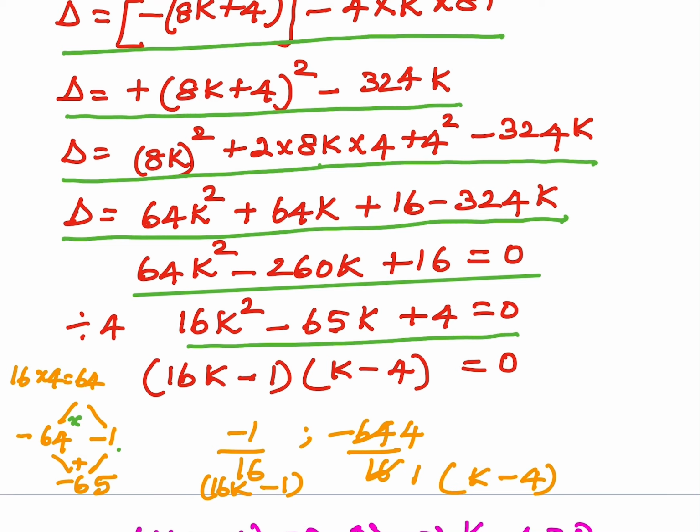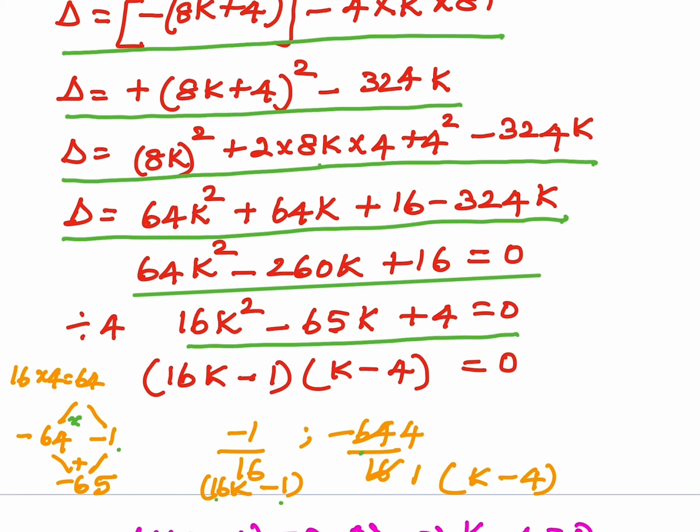And here again, the next factor is minus 64. That again you divide by your coefficient 16. So this is minus 1 by 16, which is already in the simplified form. Here you can simplify it to the least: 16 goes 4 times, and 16 goes 1 time. So how to write the factor? The denominator will have the coefficient of k. So 16k, and this is your independent term, 16k minus 1.